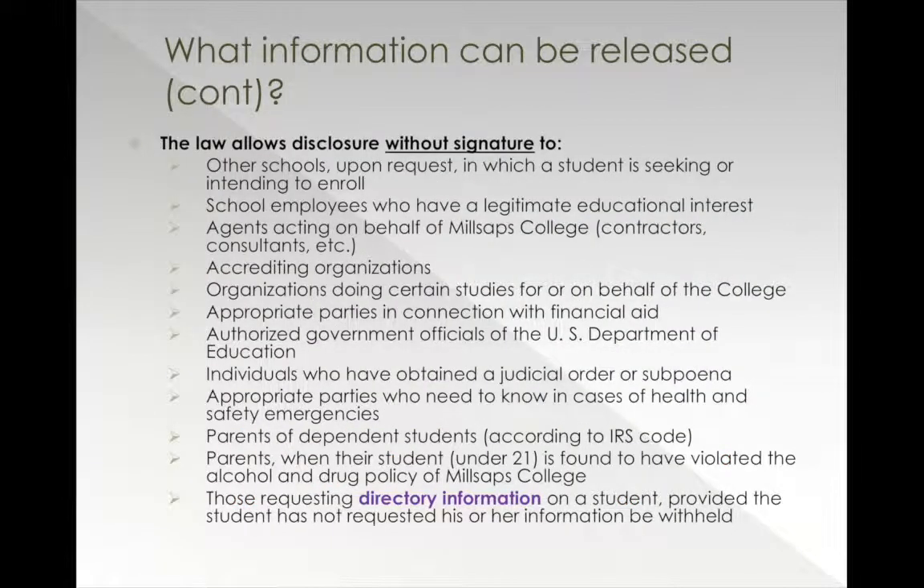What information can be released? So the law allows disclosure without signature for several things. For schools, if a student is seeking admission to another institution, they allow it for school employees who have legitimate educational interests. They allow it for consultants of Millsaps College, accrediting organizations, organizations doing certain studies on behalf of the college,